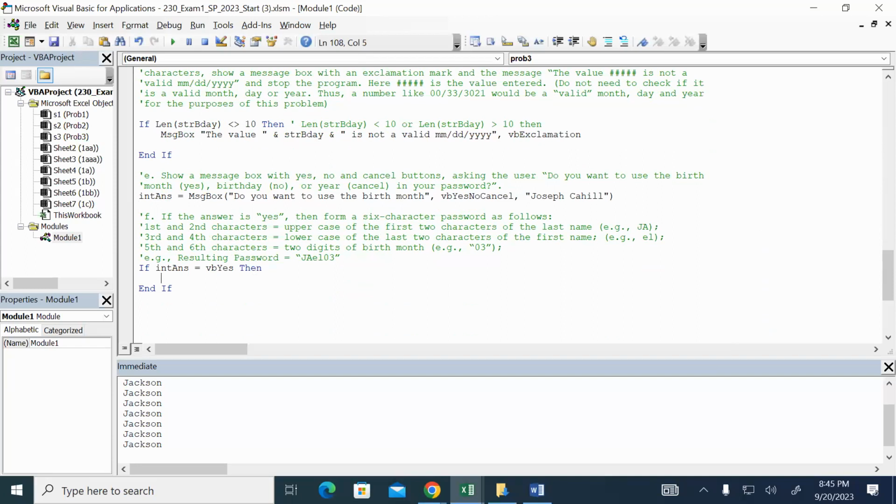And so if it's yes, then I'm going to set string pass equal to something. And so here, I first want to get the uppercase of the first 2 characters of the last name. So I'm going to say UCase. Now I'm looking specifically at the last name. So I'm going to say strLastName, right? That's the variable that we had for that. And then I'm going to do,